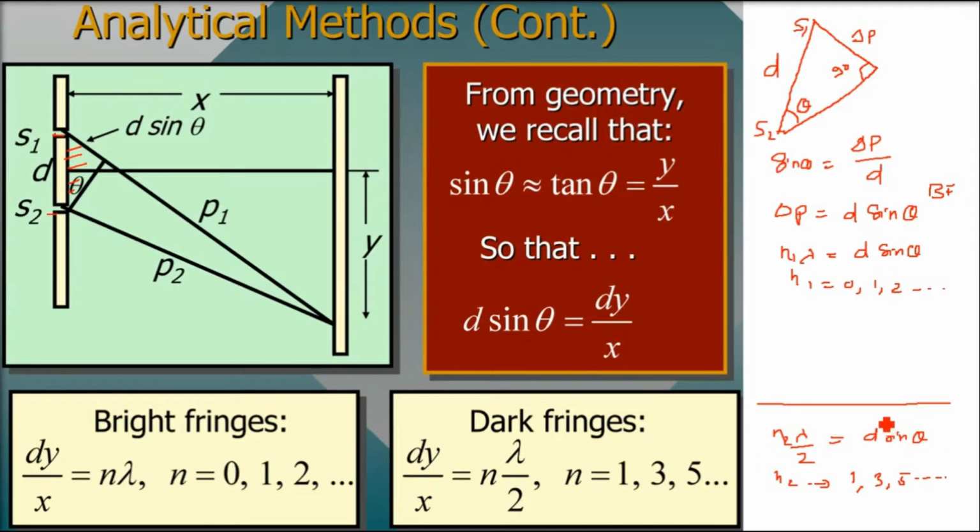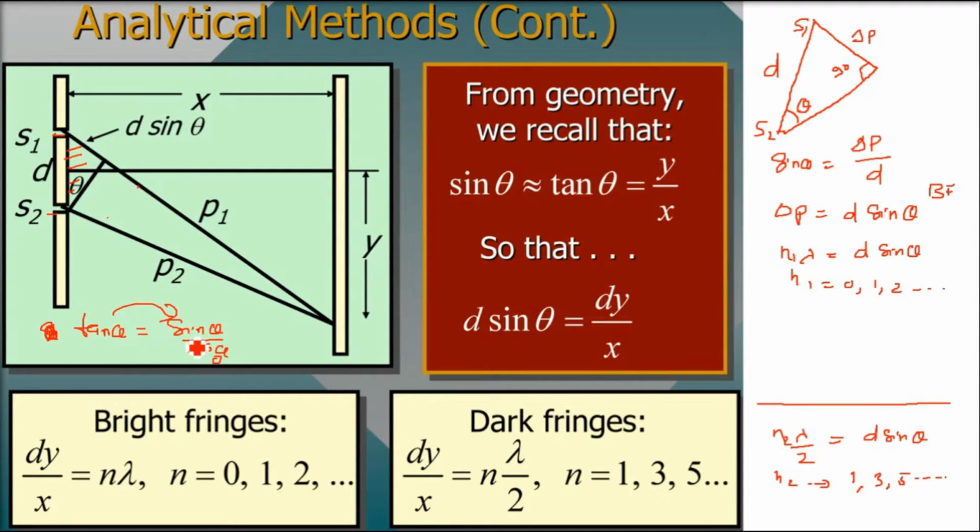Now I'll change one more thing. You know that tan theta is sine theta by cos theta. If P and P1 and P2 are very near, that is P1 is almost equal to P2, then this theta will be very small. We know that the wavelengths are very small, so theta cannot be very large. Theta has to be very small. The path difference has to be very small.